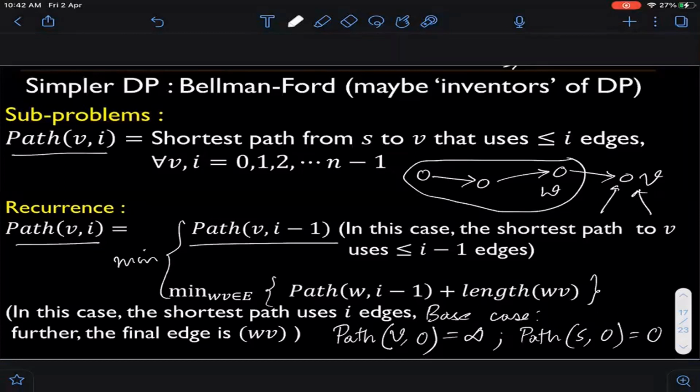So many of you in the exams and also sometimes in the homework have used induction to prove correctness of recurrences. See, induction is not required to prove the correctness of a recurrence, because remember, I am not claiming that the recurrence has anything to do with the algorithm itself. To prove the correctness of a recurrence, all you need to prove is this local relationship. And what do I mean by local relationship? That the optimal solution from S to V, which uses at most I vertices, is equal to some immediately smaller sub-problem. So there is no induction here really. You just need to prove this property.